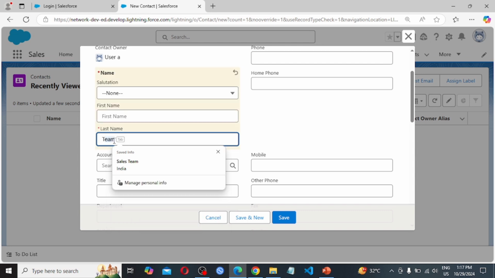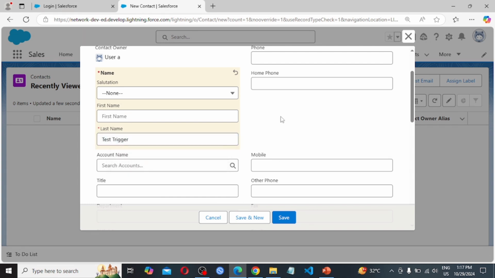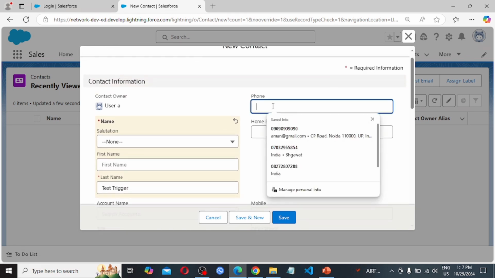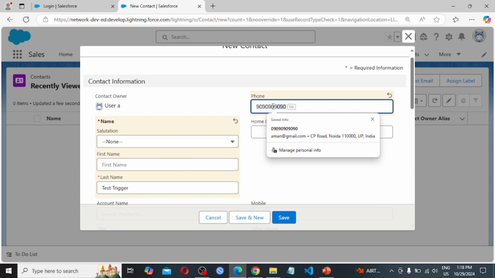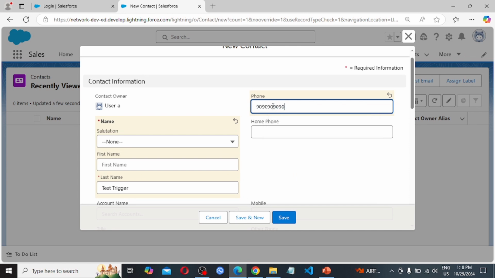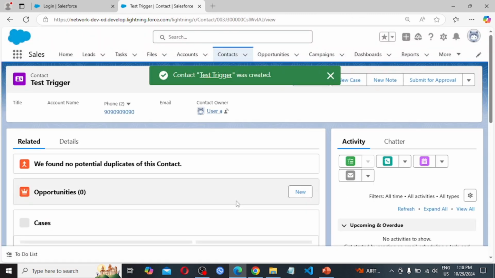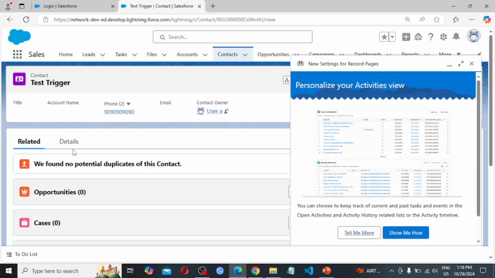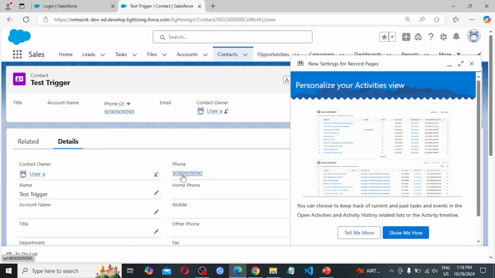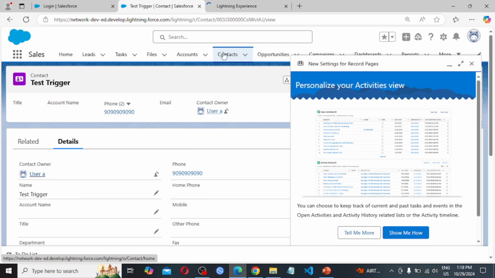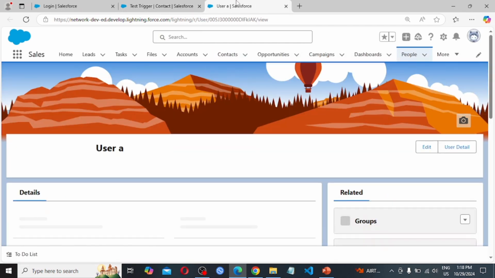So here I am giving the name test trigger, and I am just going with the phone 9090909090. Hit the save button. So whenever a new contact is getting created with the phone number, this phone is not going to update on the user A phone, mobile,